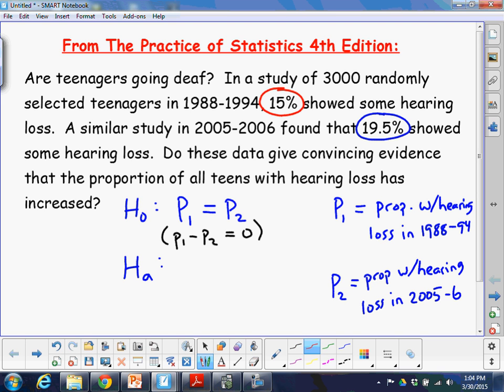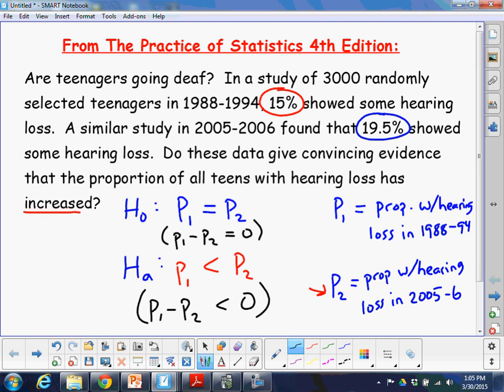Now the alternative, do we think that this has increased? Okay, so we want to make some statement about P1 and P2. And if it's increased, that would mean that P2 is now larger than it was before. The proportion of hearing loss is greater. So the way we write these, we usually just write P1 first. So this would have to be a less than in here to show that the proportion has increased. Okay, or again, the other option would be if you were to subtract P2 from both sides, you would have P1 minus P2 being less than 0. Okay, so you can decide how you like to write those. Either way,